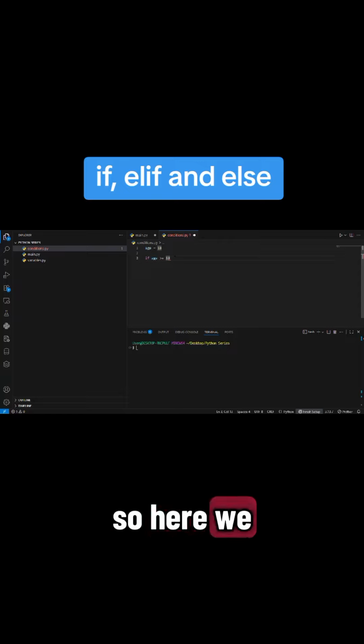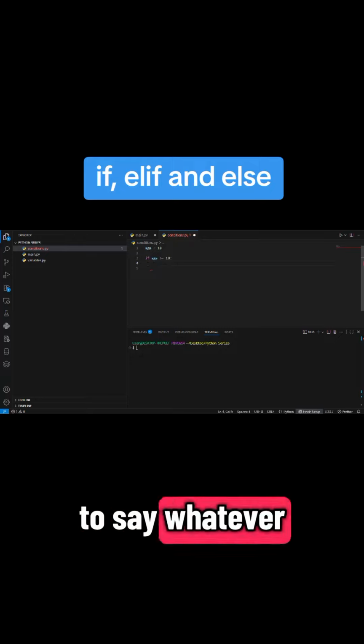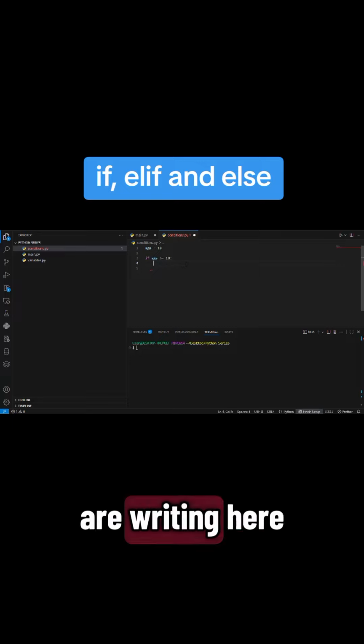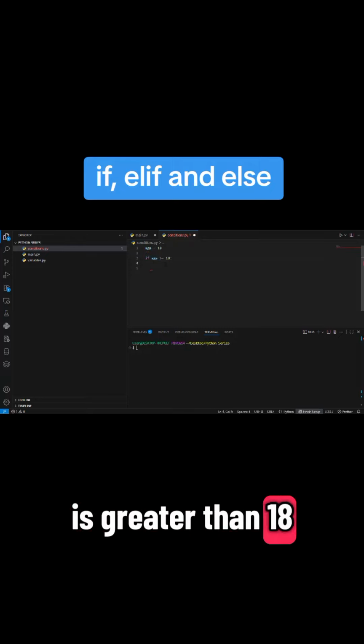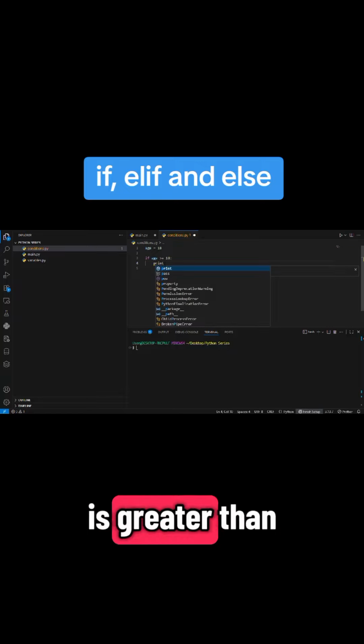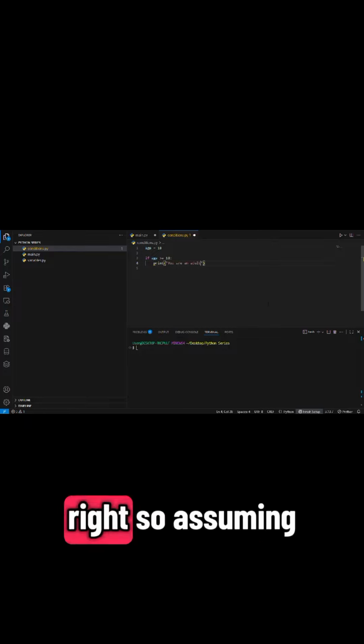So here we put a colon and then you press enter. The moment you press enter, as you can see, Python automatically indents for you. So this is trying to say whatever you are writing here is going to be part of this condition here. So what should happen if age is greater than or equal to 18? I can say if age is greater than or equal to 18, I want to print "you are an adult", right? So assuming this is what